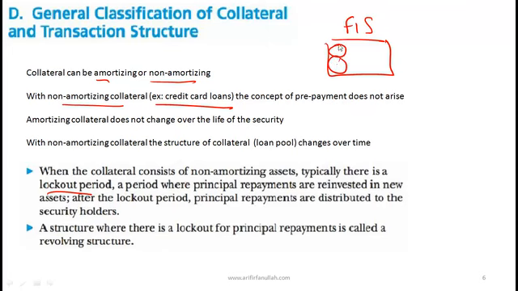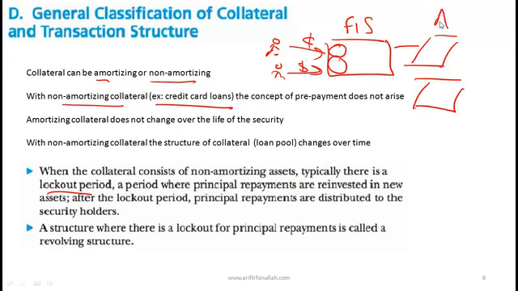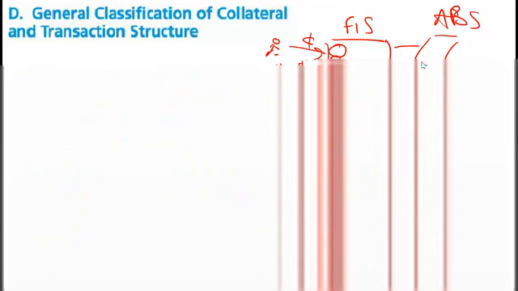The credit card loans are over here. So you can think of these as the people who have the credit cards, and these are the people who have taken out loans on their credit cards and they make their credit card payments. It's this cash that is coming in, and this is the cash that is being used to pay off the asset-backed securities which are based on credit card loans.